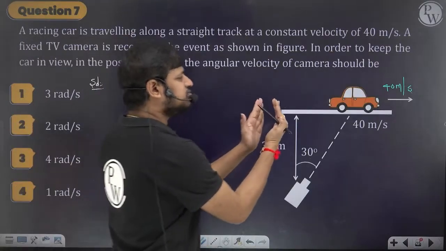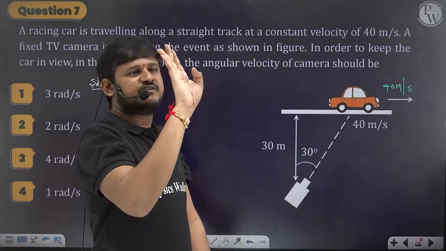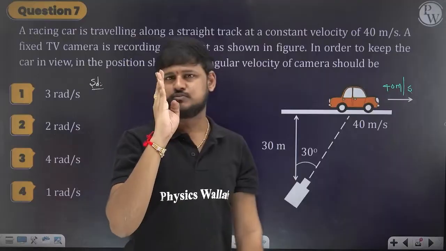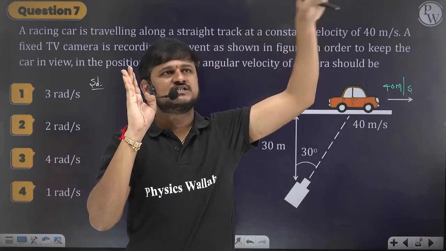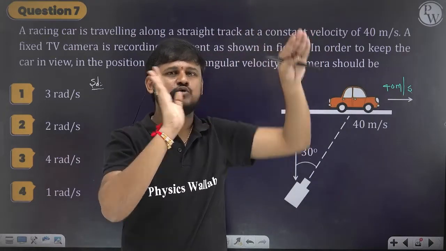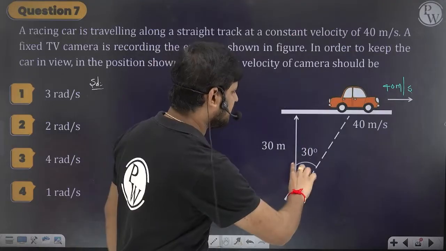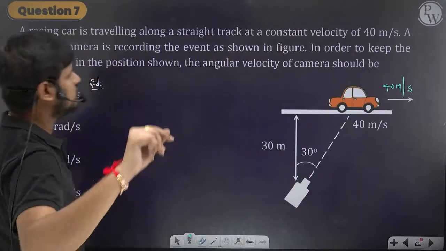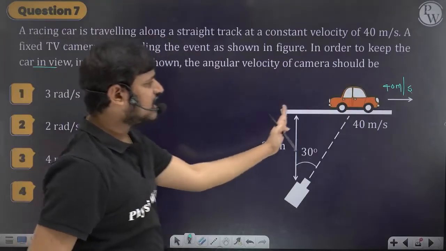That means the car is moving. So it is a fixed TV camera. What does it do? As the vehicle moves, it also moves. Let's suppose it is fixed like this, and then the vehicle is moving from here. So what does it do? As the vehicle moves, it also has to be moved. That means it is getting displaced by some theta. Angular displacement is occurring from here to here. Yes, you understood now. So in order to keep the car in view, as the car moves, you have